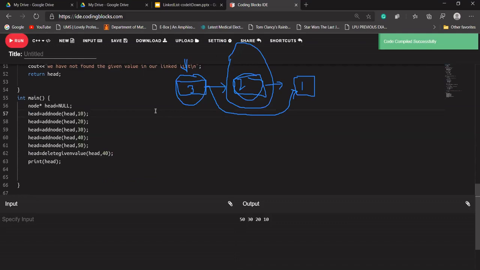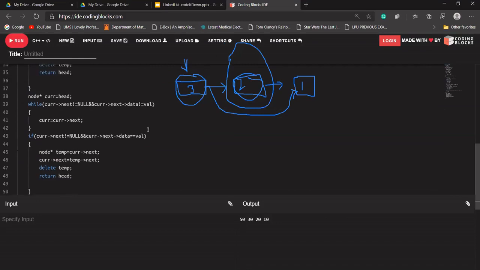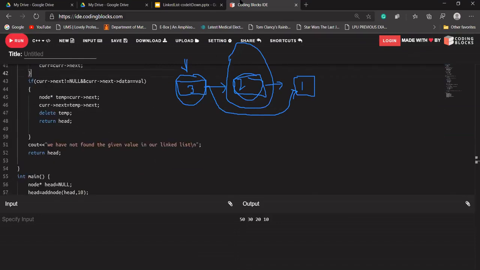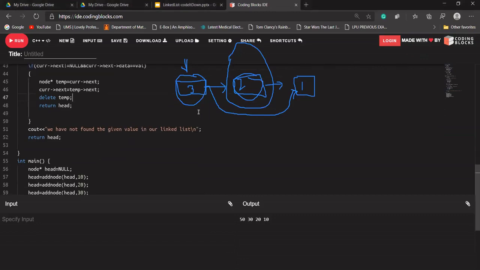Okay, as the code is clear with everyone. If it is clear, we can move to the next topic. Smith is saying it is clear, that's good. Okay, Aryan, okay. Let's move to another topic.